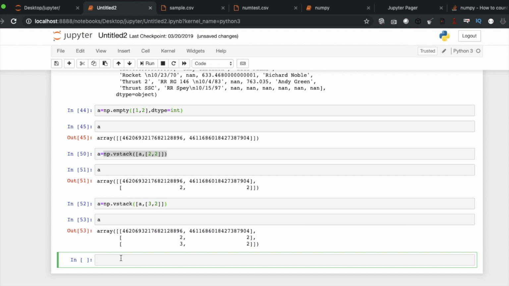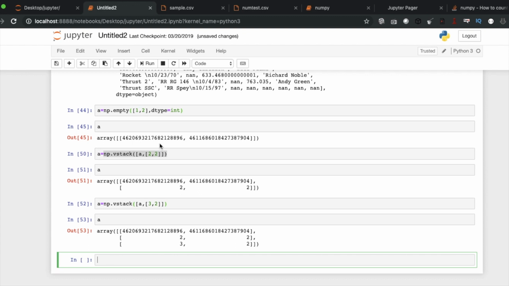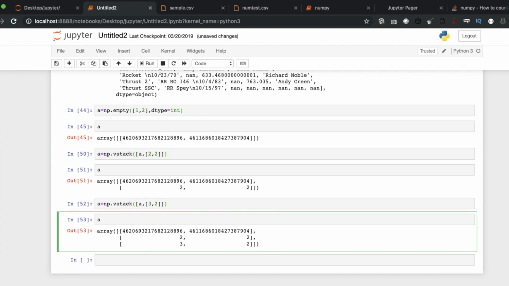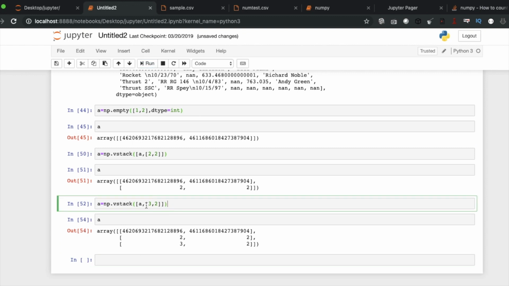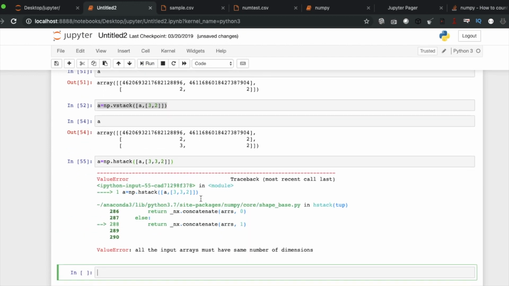Another thing is called hstack, where everything is horizontal. Now everything is stacked this way in this order, and hstack will be this way, column-wise. So let's create another array, this is our array. Now let's make it like this and do hstack. It says all input arrays must have the same number of dimensions.